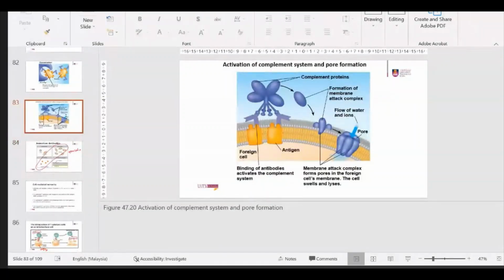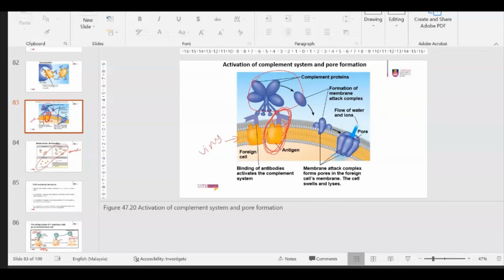So ini adalah plasma membrane of virus tu. Plasma membrane of virus or pathogen. Dekat plasma membrane of virus or pathogen akan ada antigen molecule lah. So this antigen molecule will bind to antibody. Kan, antibody that is circulating in your body fluid. This combination, this antibody-antigen complex ni will trigger complement system to be activated, and then this complement system,